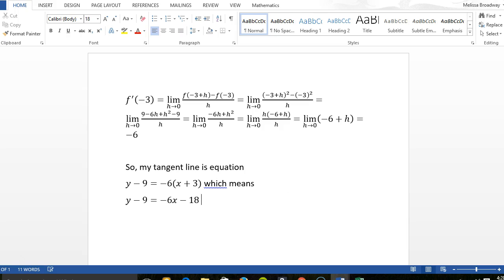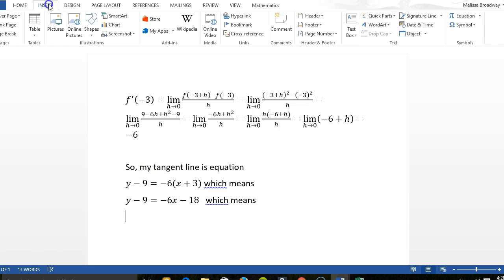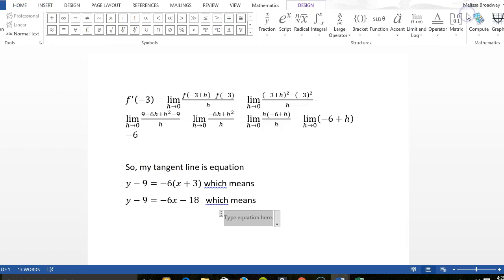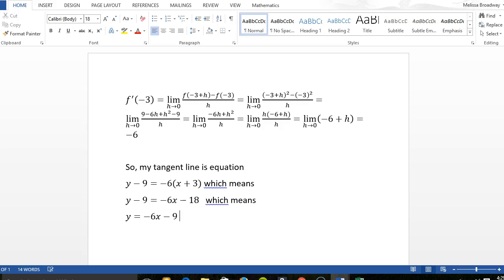And then add 9 to both sides, and we get minus 9. And notice that this right here is called point slope, and this down here is called